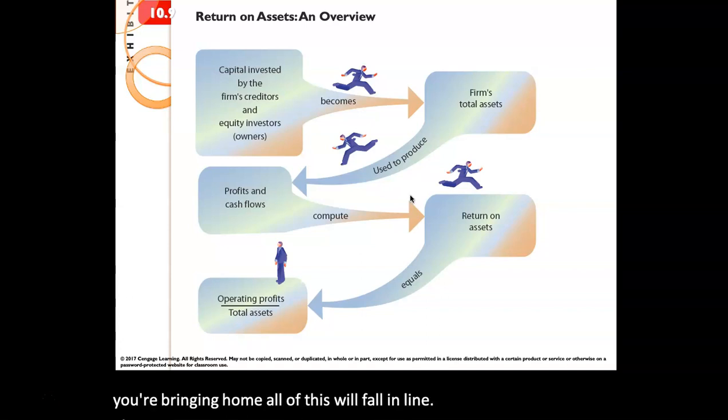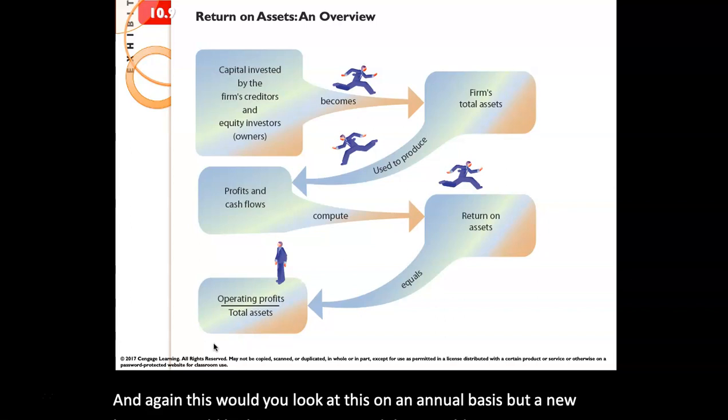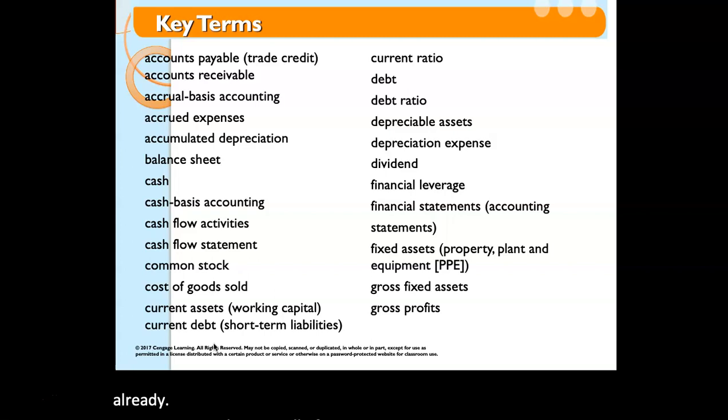This just takes a look at one of the ratios, which is return on assets, which is very important for investors and banks to look at. They want to see the return on assets that you're getting. And again, you'd look at this on an annual basis, but a new business would look at projections, and they would estimate what those returns are. And there's some key terms. I don't get too much into ratios. Again, that's an accounting subject, and you'll be taking accounting, or if you haven't already, a finance subject. So all of you will be taking financial management. But keep in mind,